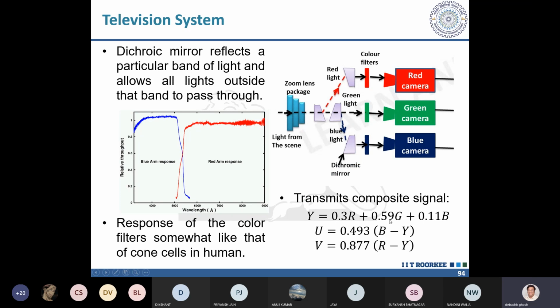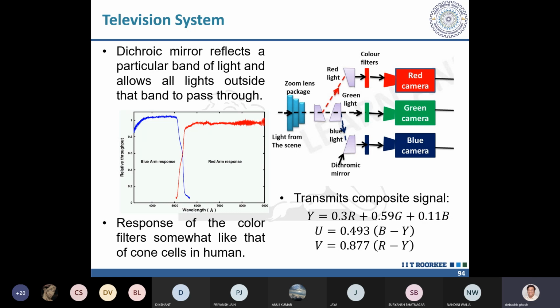Why not exactly 1/3, 1/3, 1/3? The reason is that, again, our human sensation is like that: if you look into some green light, that green light is much brighter compared to red. If you see three balls, one green, one red, one blue, the green will look more bright, the red ball will look a bit dull compared to the green. Blue, generally, will be very dull. It will not be that bright.